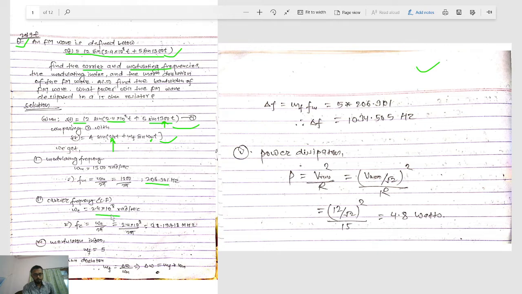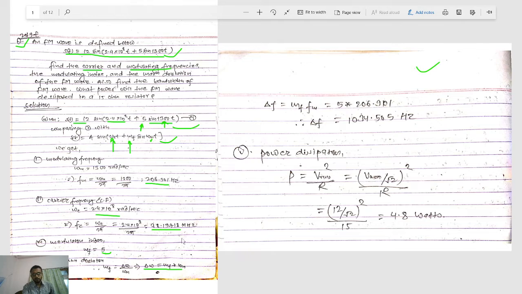After comparison we have this. So fc is given as fc equals ωc upon 2π. So we'll get here 38.19718 megahertz. And the modulating index is 5 here. Here we have mf, which represents the modulation index. So if you compare this, we'll get this value 5. So you have mf equals 5, and the maximum deviation is given as mf equals Δω by ωm, and we can write it as Δω equals mf into ωm.